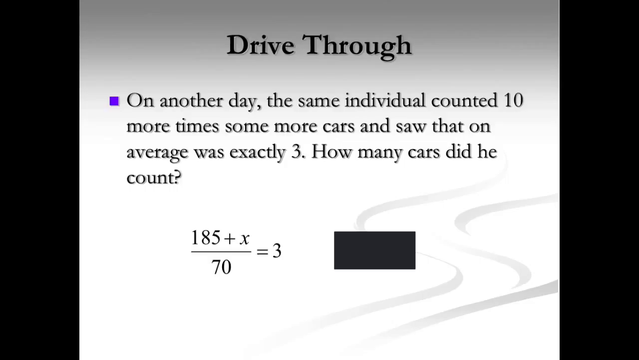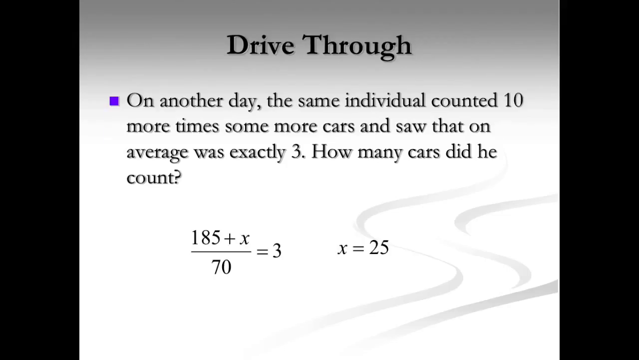We do know, though, that the average is going to be exactly 3. So by combining our new frequency together and our unknown variable, we have an equation in order to solve for how many cars this person counted on the second day. By solving for x, we would multiply by 70 and then subtract 185 to get that he counted 25 cars